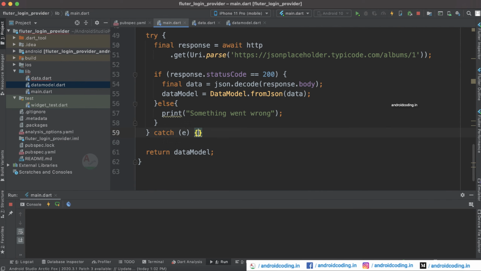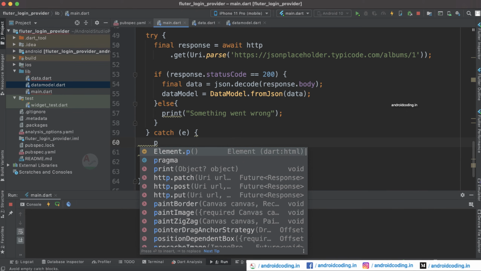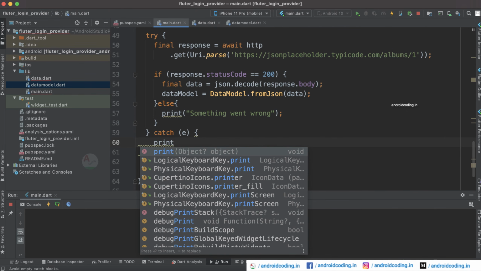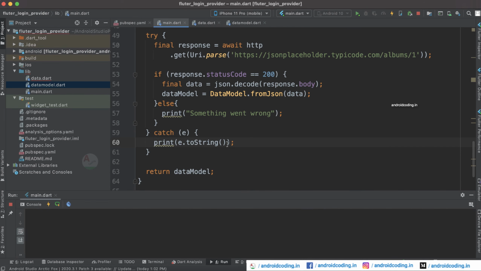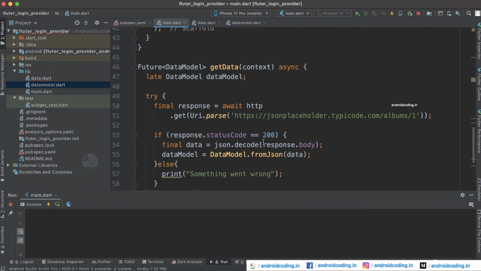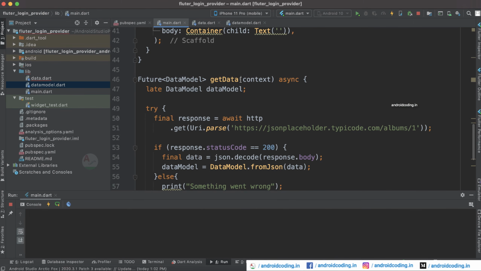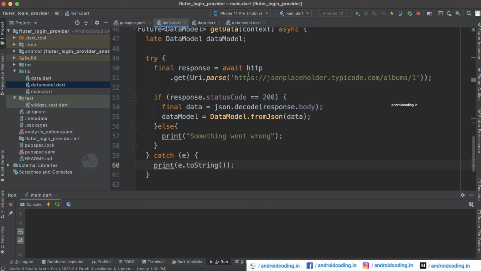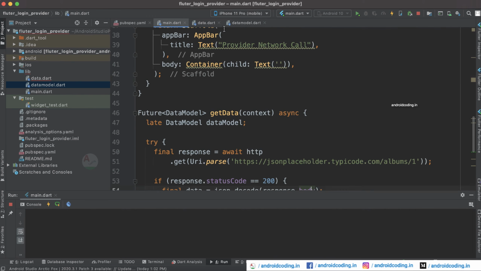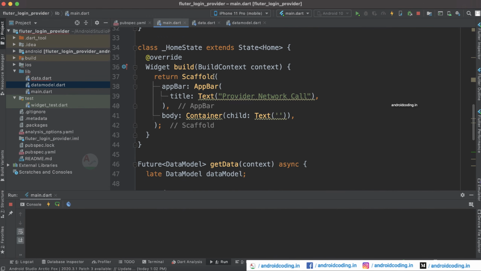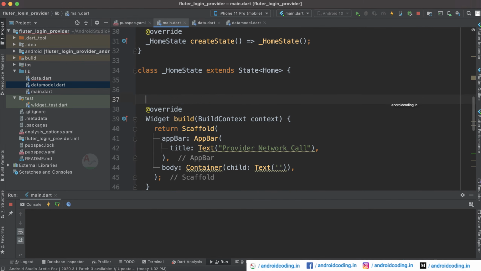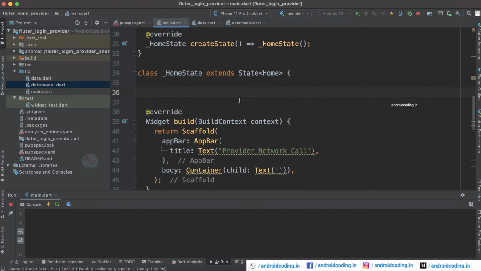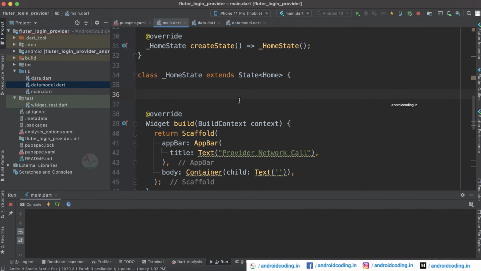And finally if there is an error, try to print the error onto the screen so that you can read what went wrong. So here I'm just trying to print it. So yes, this is the method by using which we'll fetch the information from this particular API. And now we are all good to go, but we need to make the API call, right? So we have specified the method and everything is good, but we need to call the API.